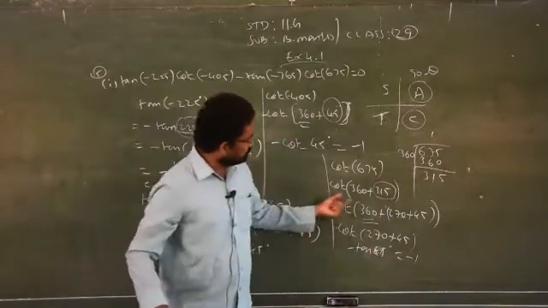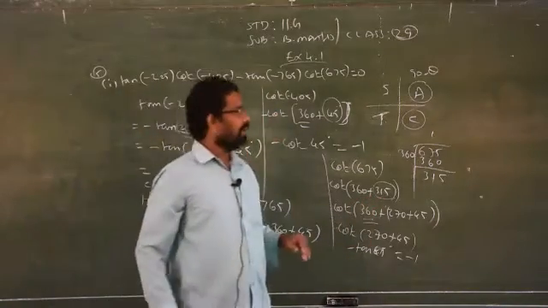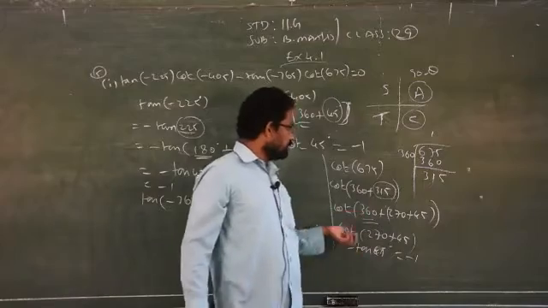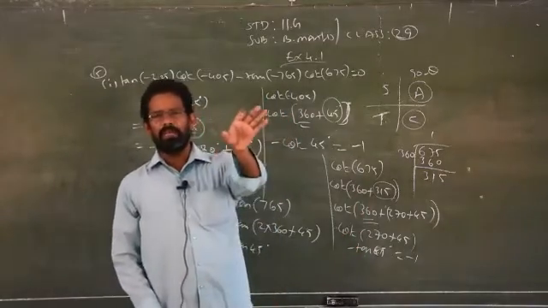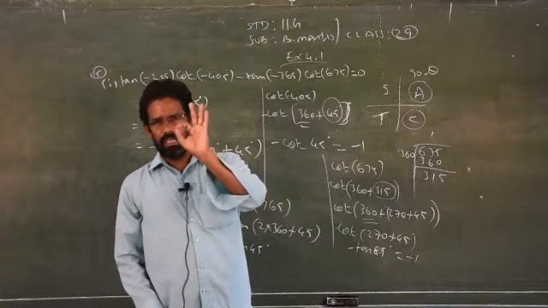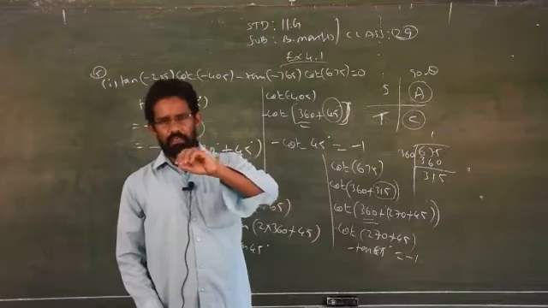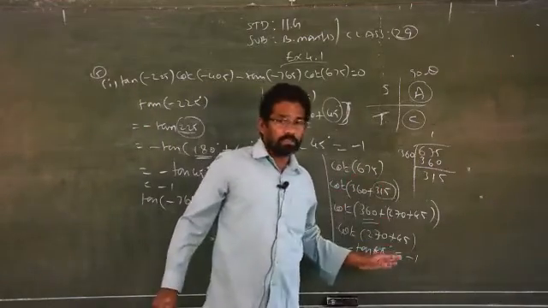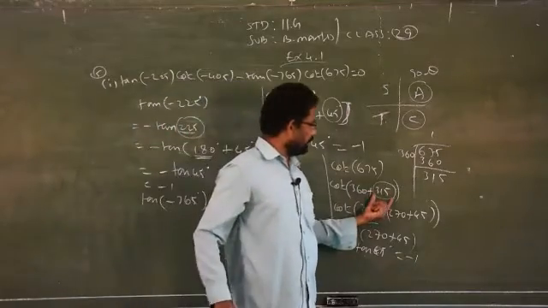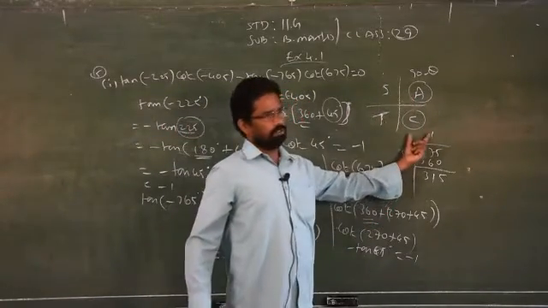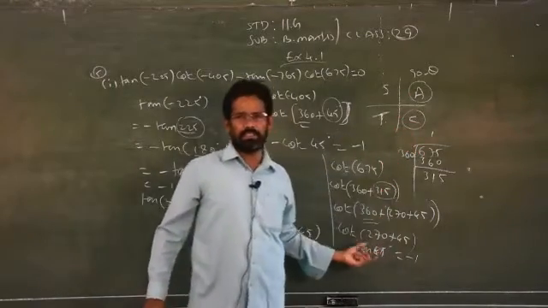Be careful if it is 360 minus. Don't think that, sir, you only said no, sir. If it is 360 plus, it doesn't matter about 360, forget about 360, you see the remaining angle. I said very clearly 360 plus. If you express any angle in terms of 360 plus, you just forget about 360 and see only where the remaining angle falls. Find out which quadrant the angle falls on and see the sign.